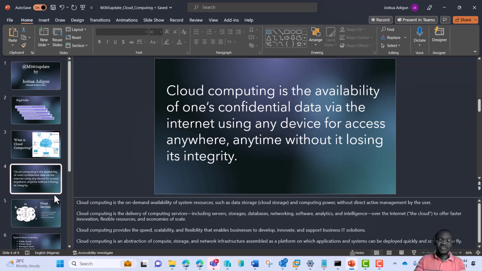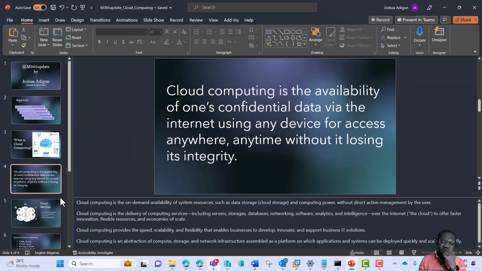Cloud computing basically is the on-demand availability of system resources, such as storages, such as computing power, right, without you actively or without you having a direct involvement in the management of those resources.